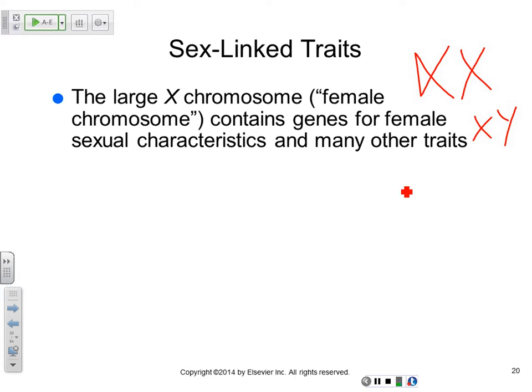Okay? And so males will be more likely to show up with these recessive traits, the sex-linked ones, like red-green color blindness. In fact, my advisor in college was red-green color blind. And it so turns out that the red light and the green light are the traffic lights. So I'm not sure why they chose those colors, because if you're red-green color blind, you can't tell what color it is. It's the light. So I don't know why.